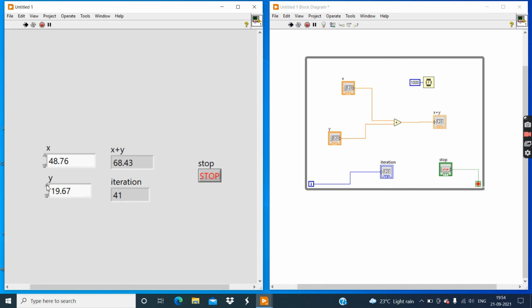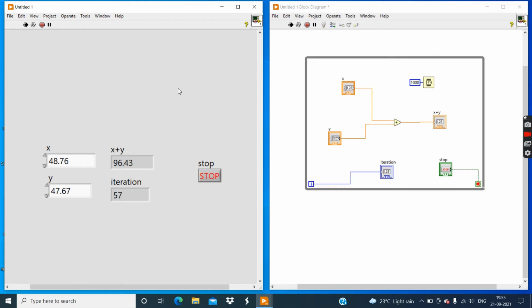Then increase from 20 to 21. You can see the result. Why am I giving point values?